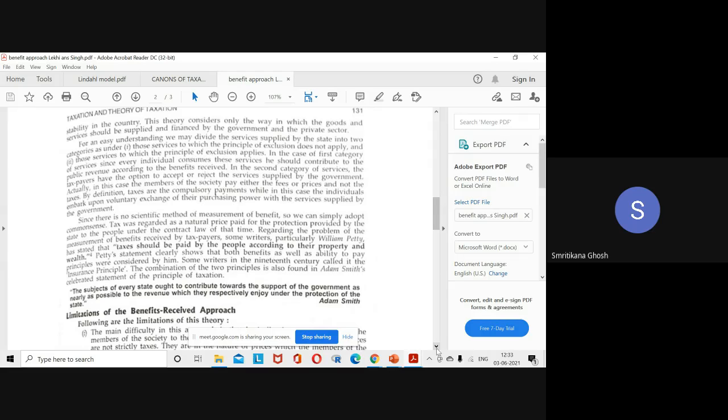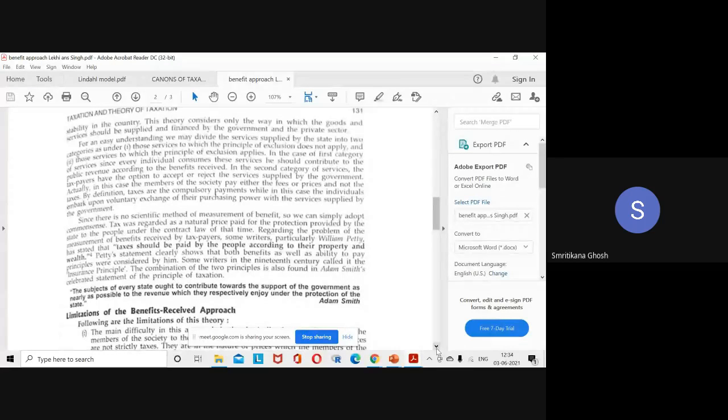Here that problem is not considered in the benefit approach. The benefit approach is very idealistic. The approach is thinking that if you are getting the benefit, you have to pay accordingly. How much benefit you are achieving, you should pay that. Now the reality is something different, but it's a type of theory. The theory is telling that people should pay according to the benefit they are getting from the public good.